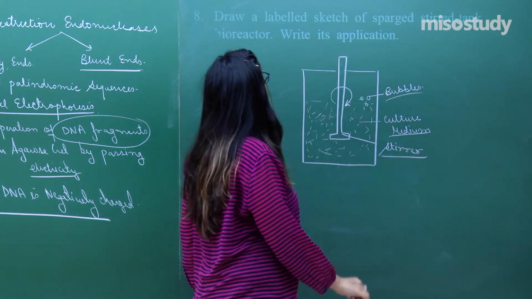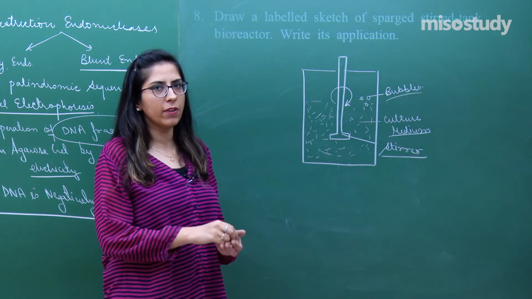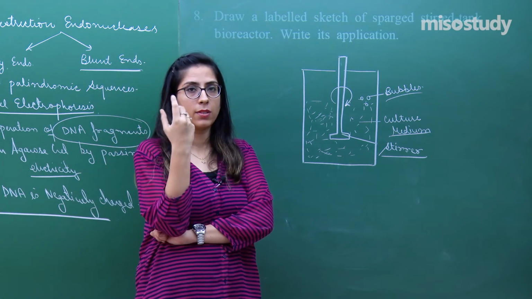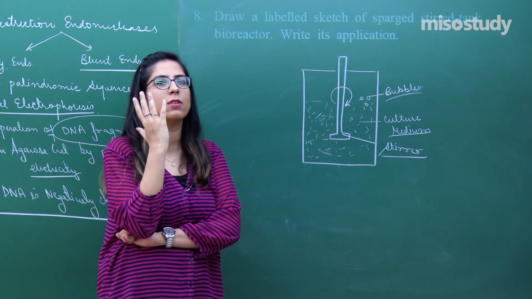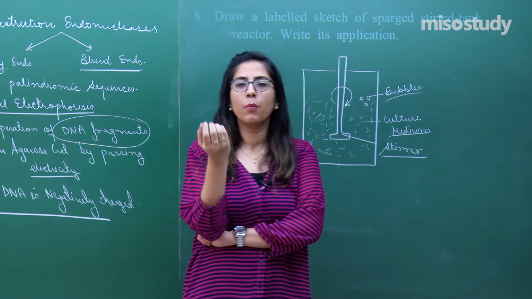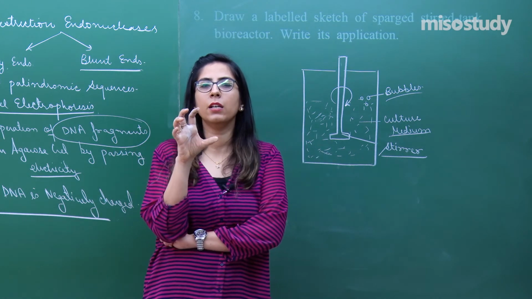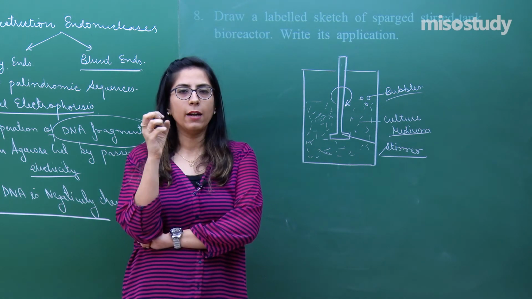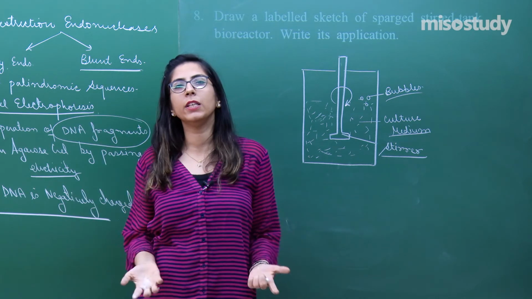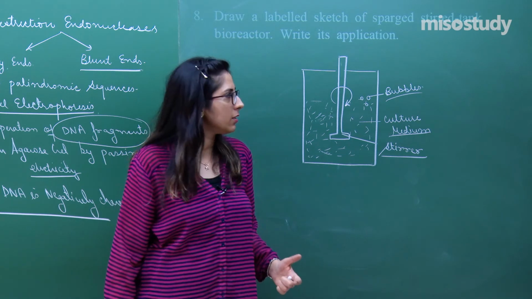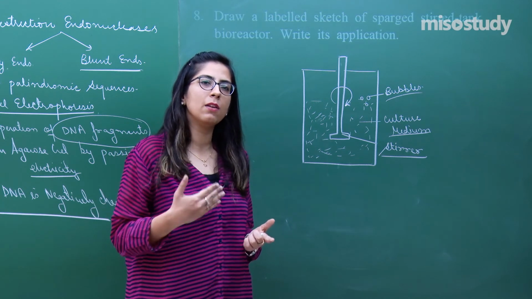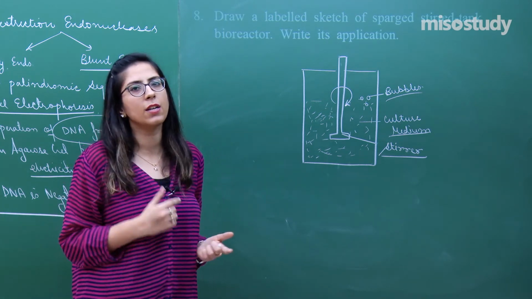First of all, tell me what is the significance of these bioreactors? The significance of a bioreactor is that it helps in culturing a particular cell, the host cell. Suppose I want to make copies of the insulin hormone. That is produced with the help of a genetic engineering method, wherein a gene of interest is inserted into the cells, and those cells can be one or two or a thousand in number, but I want a bulk of these products to be formed. This is produced in the bioreactor. From one cell, two copies, three copies, and a large number of copies will be produced. This is called a bioreactor.